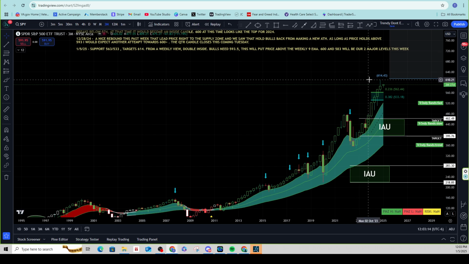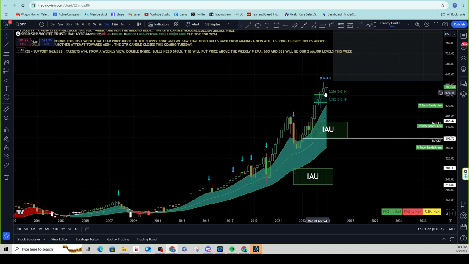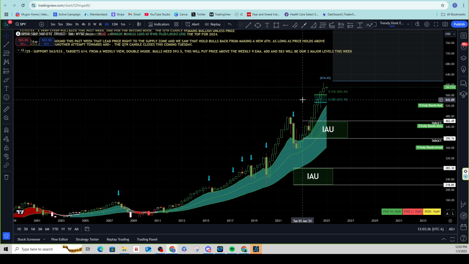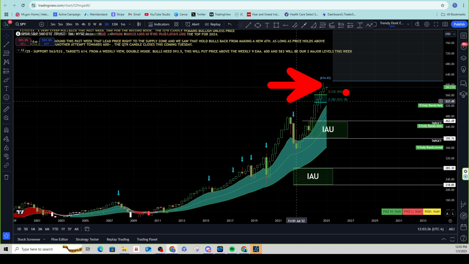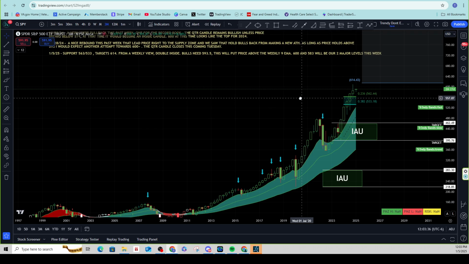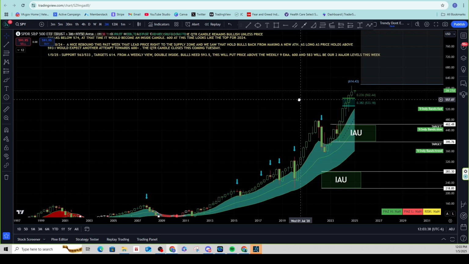We have a top in. We came very close to our target in 2024. Didn't quite hit that, but we did pull back a little bit. And as you could see, bulls are trying to paint this wick, if you will. So we have this topping wick and price is staying above the body of this candle and they're trying to push up towards here. Now you can't see it on the quarterly. I'm going to show you on a weekly what that looks like. It's not as easy as it looks.